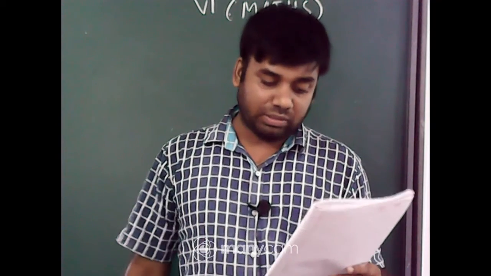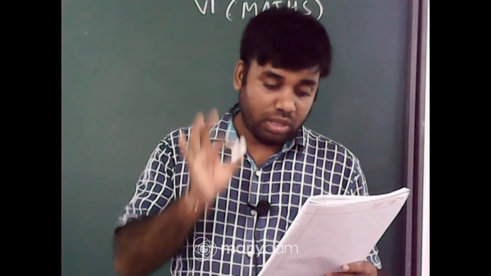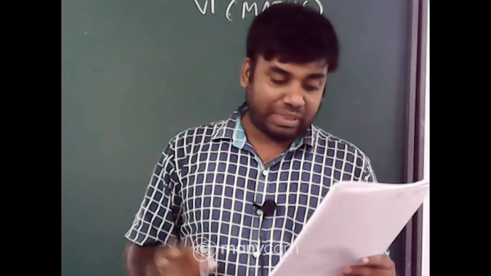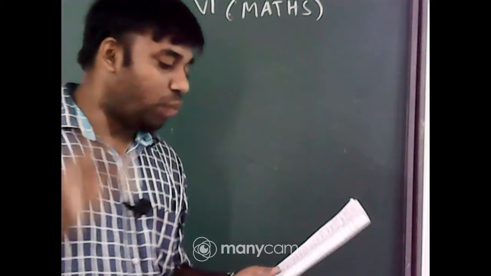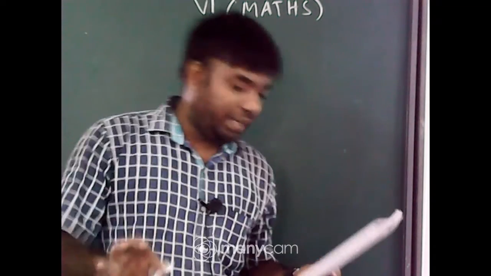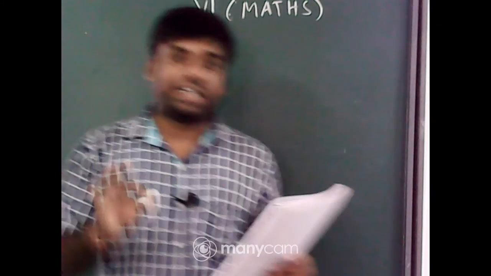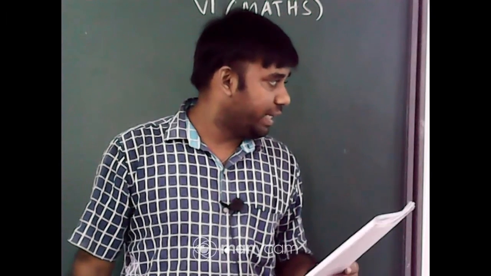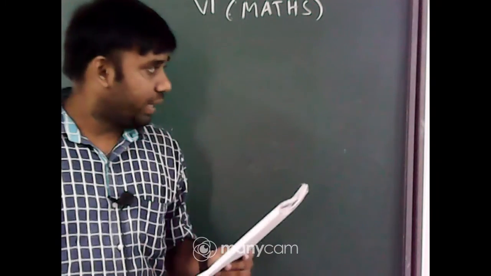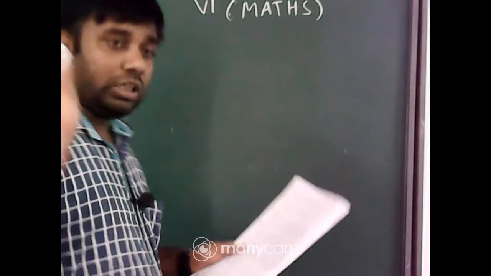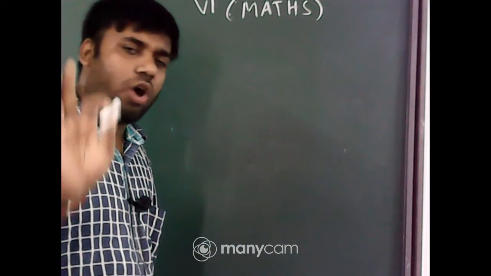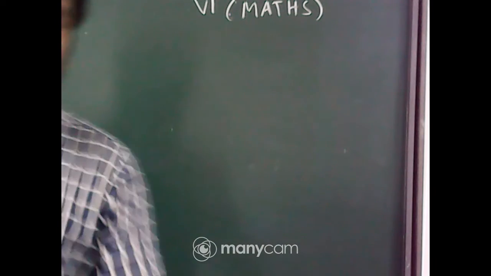5 centimeter, BC 3 centimeter and AC 8 centimeter. First tell me, among these three measures, which one is the greater? AB, BC or AC, which one is greater? Tell me quickly. AC. Okay, anyone else? Quickly, AC. So, AC 8 centimeter. So, draw a line 8 centimeter on the board.